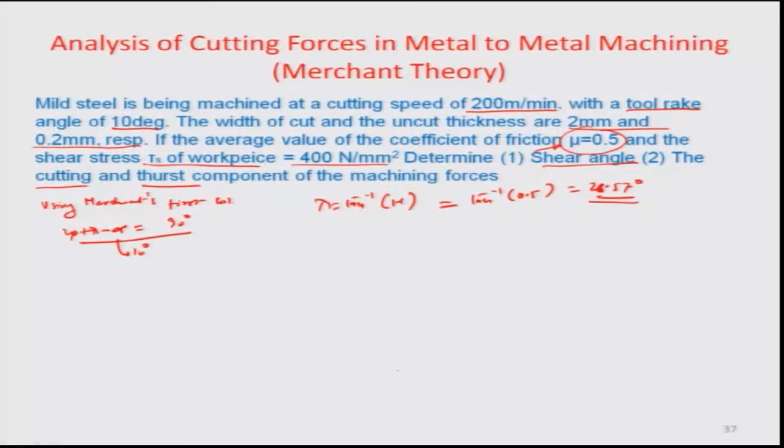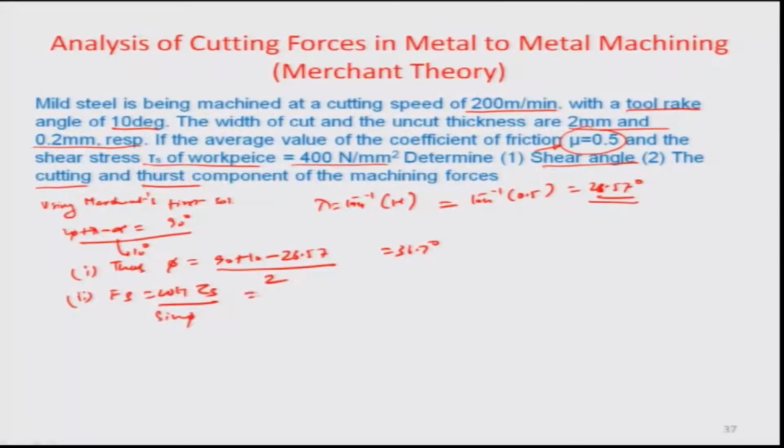Having said that, we have the phi value as 90 plus 10 minus 26.57 by 2, which is 36.7 degrees, and the shear force value Fs recorded as W t1 tau s by sin phi,